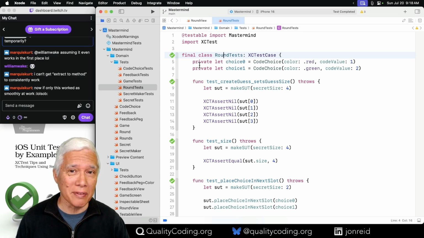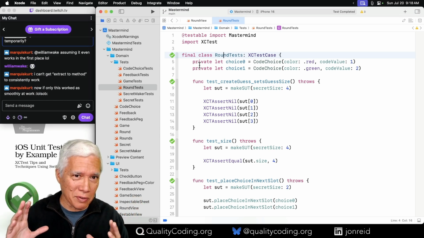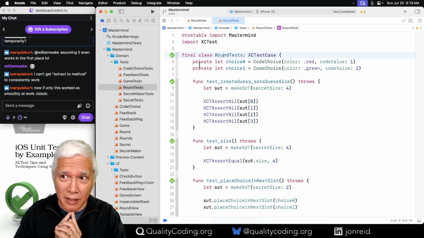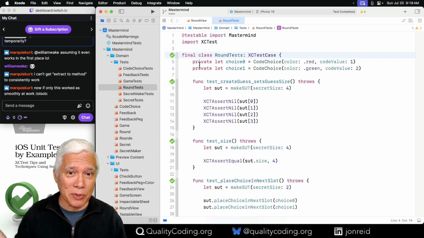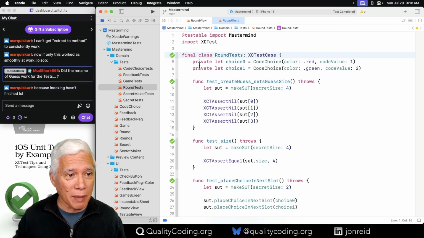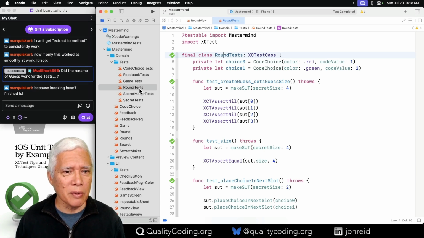Or how do we live within the constraints of work and do things better? For example, I'm doing trunk-based development here. So the rename of guess didn't rename. Oh shoot! Yes. It didn't rename the tests, because that's a separate type.